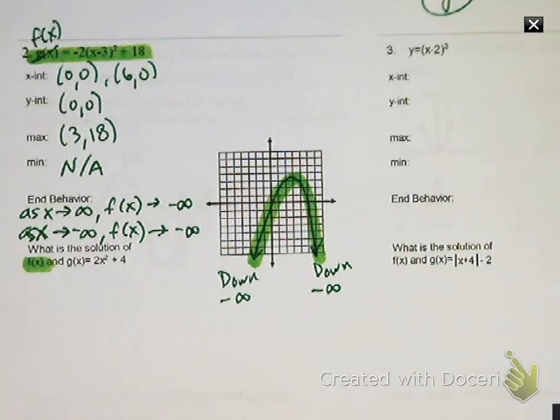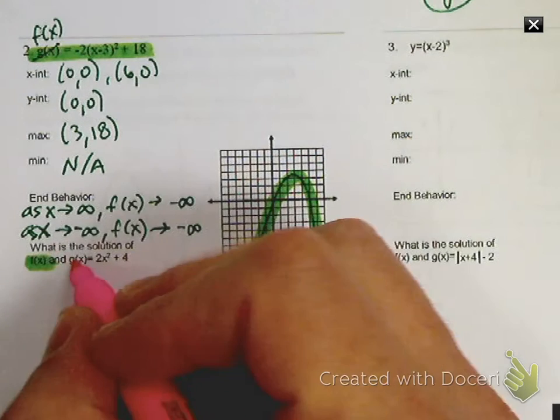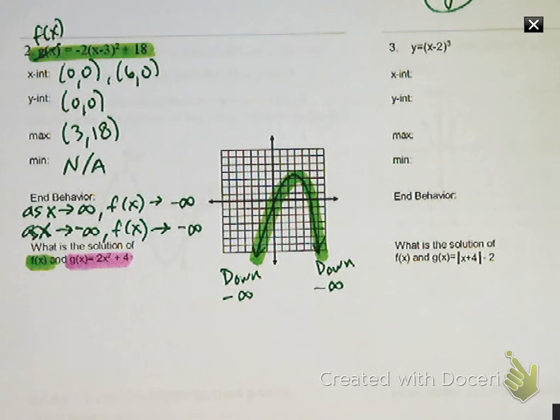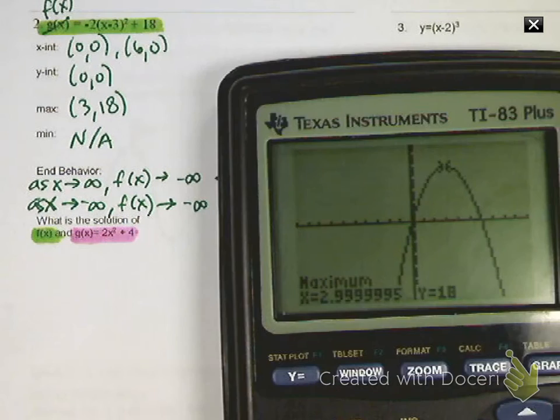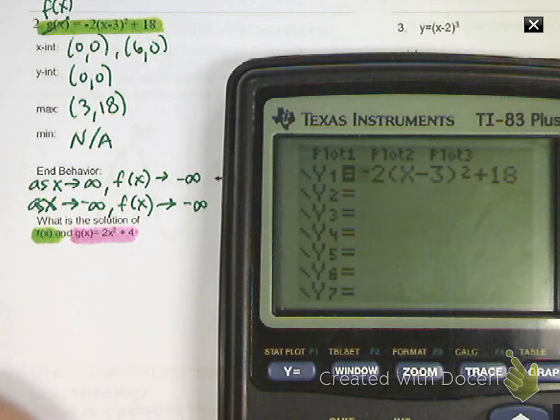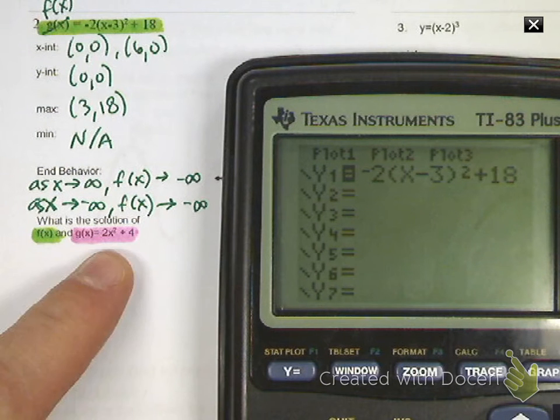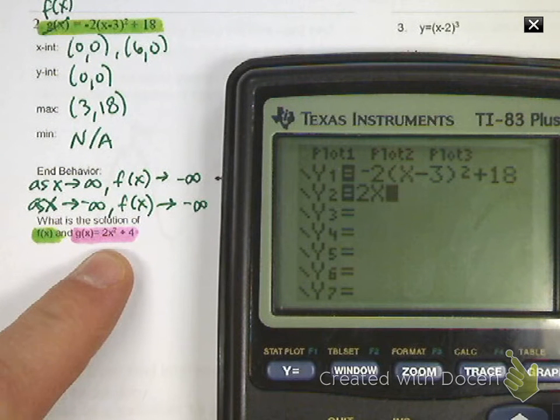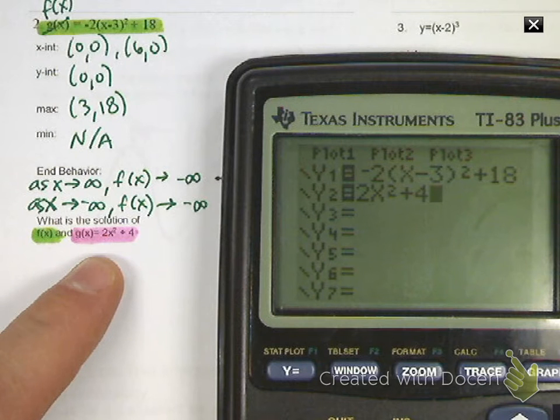So what is the solution of f of x and g of x, which is this equation right here, 2x squared plus 4. So we're going to graph this now by pressing y equals, come down to number 2 and type in 2x squared plus 4. I hit graph,